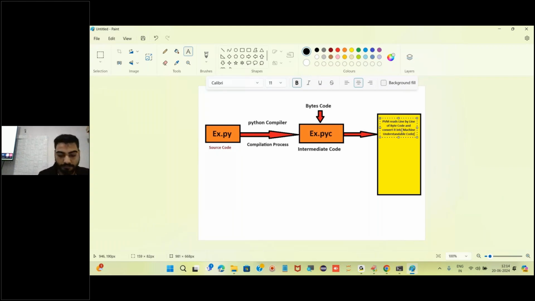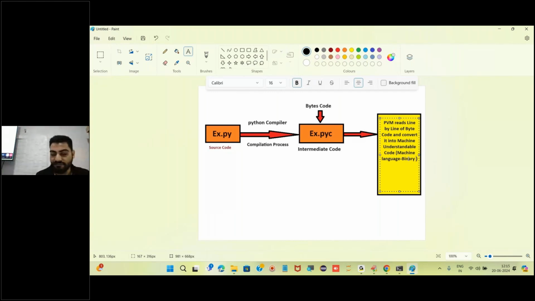Machine language. It is nothing but binary, 0 and 1. So PVM reads line by line of bytecode and converts it into machine understandable code, that is nothing but binary.